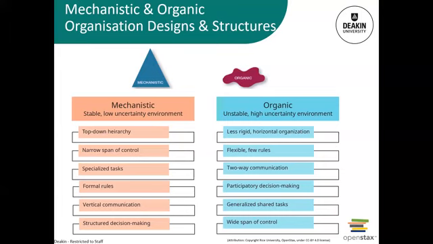So if we go through them, we'll look at mechanistic organisations first. And one way to think of this is that they're set up similar to a machine. It operates with parts that all connect to each other, the larger parts with the smaller parts, and there are quite clear-cut rules as to how they all connect together. These mechanistic types of organisations are really suitable for more stable, low uncertainty environments and slower changing environments.